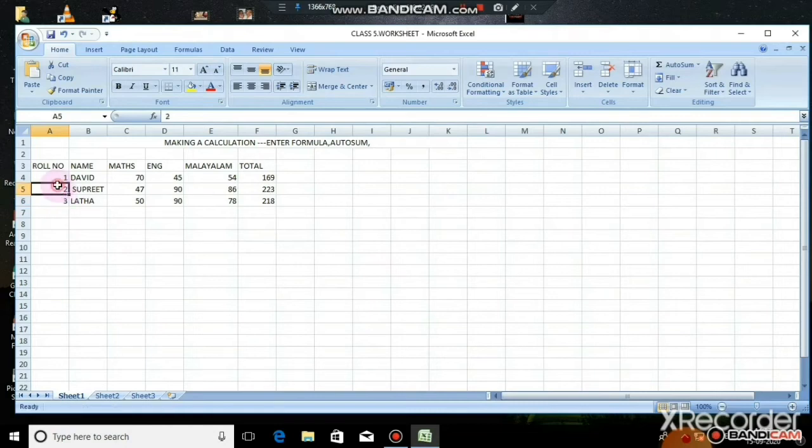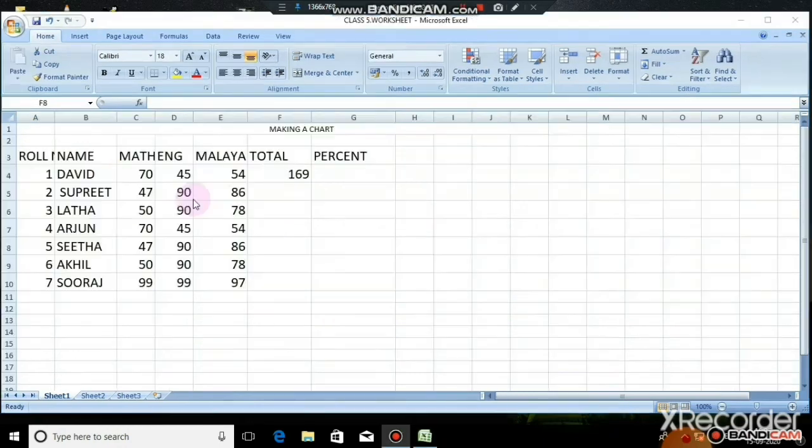One more special feature in Excel is the autofill feature. Just select the roll numbers and click and drag it. You can see the cells get filled automatically with the numbers. This feature is called autofill series. And our next thing is, now we are going to see the next feature, using AutoSum.